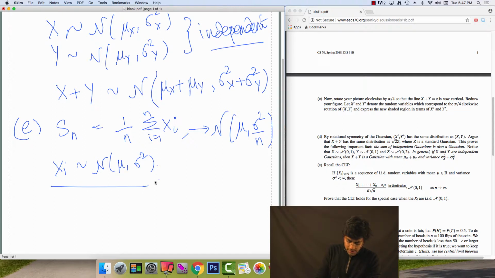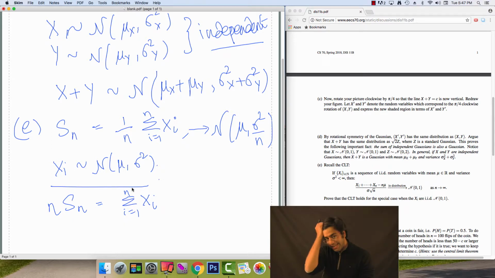Okay, so in this case, using what we saw earlier, we can conclude that n times S sub n, which is the sum of each of my x sub i's, using an induction argument on part D, we can say that this must be normal on n times mu with variance n sigma squared,